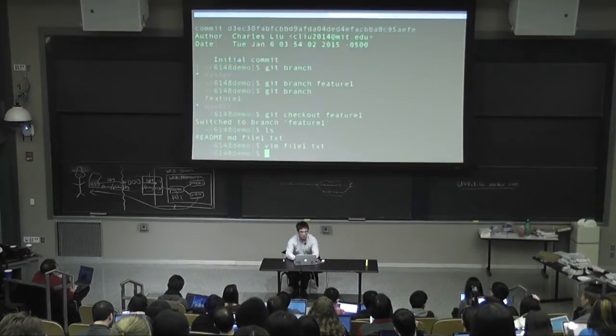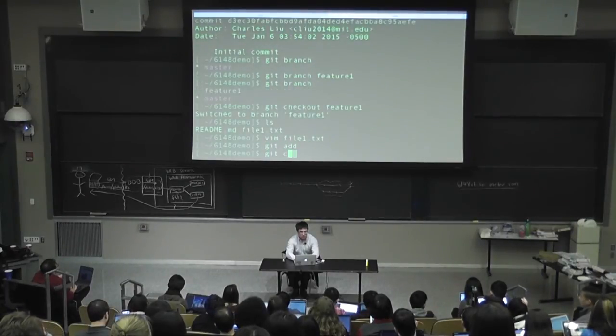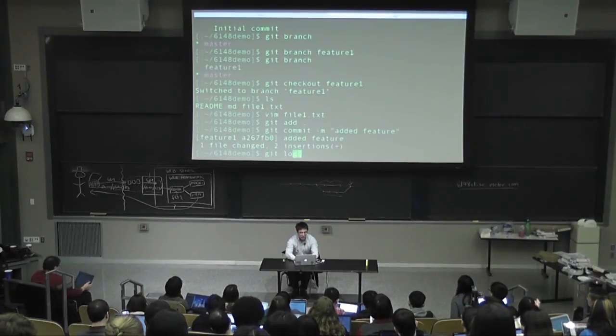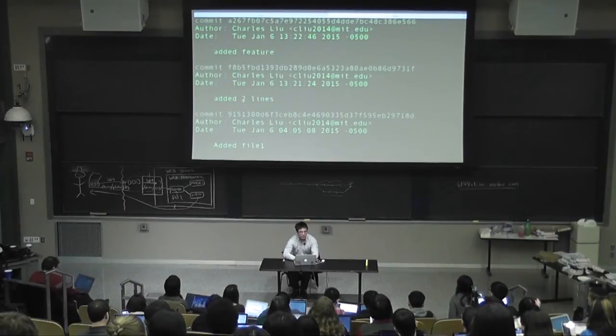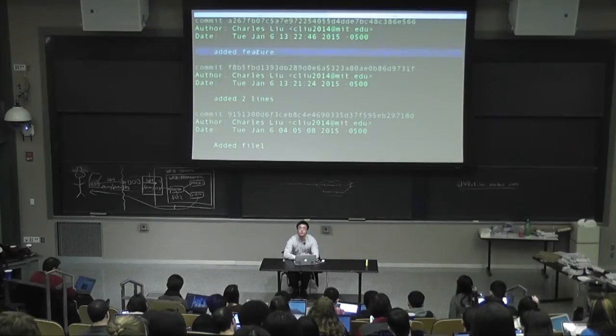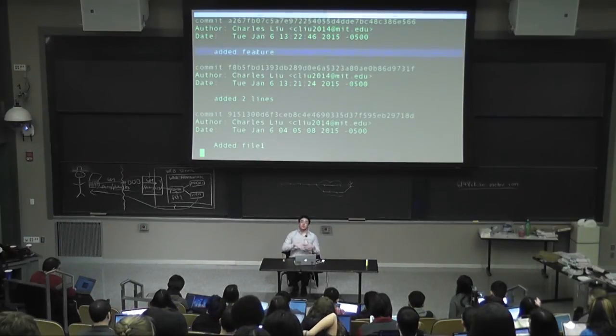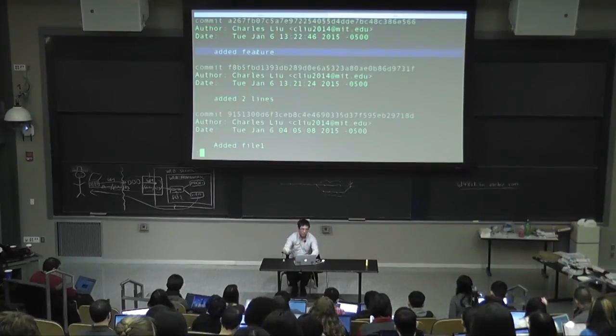So I'm going to add my feature. Right. So I'm going to add this feature. If I look at the log now, you can see the original thing I did, the added 2 lines, and adding the feature here. So you can imagine how, as you're developing your application, you go on this branch, you add a bunch of features, and at the very end of it, you say, okay,